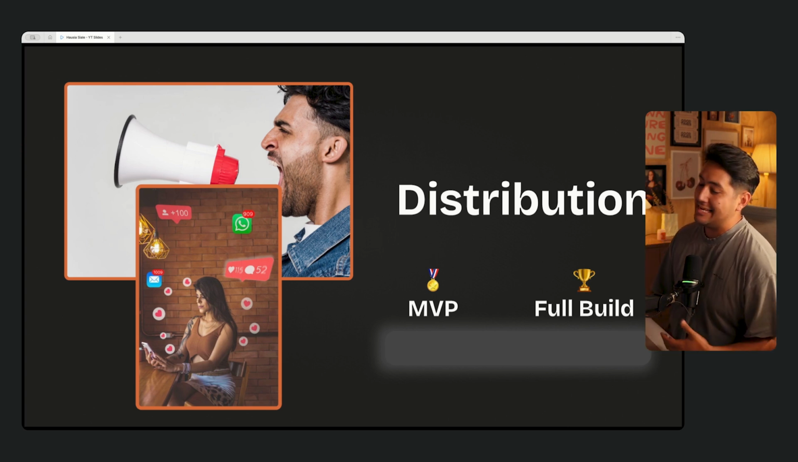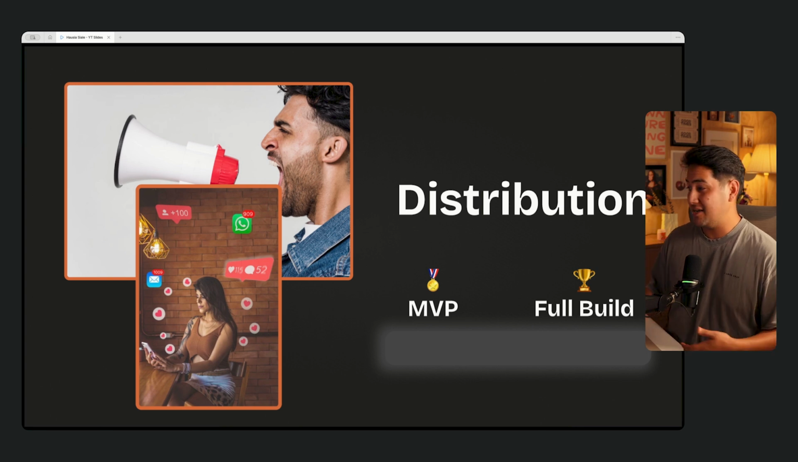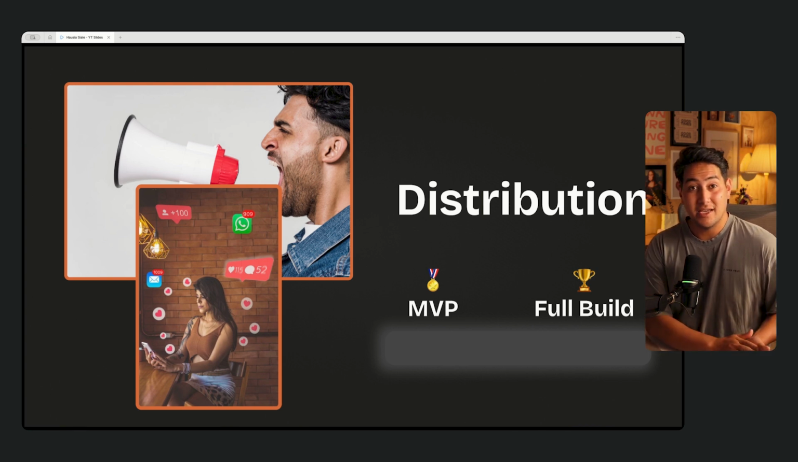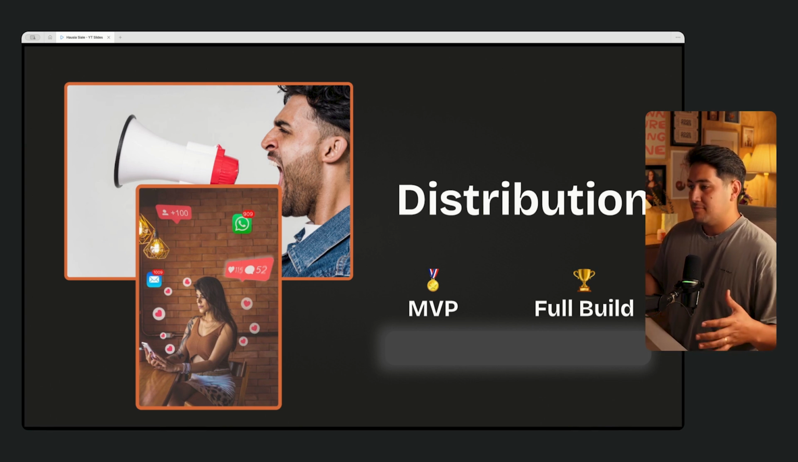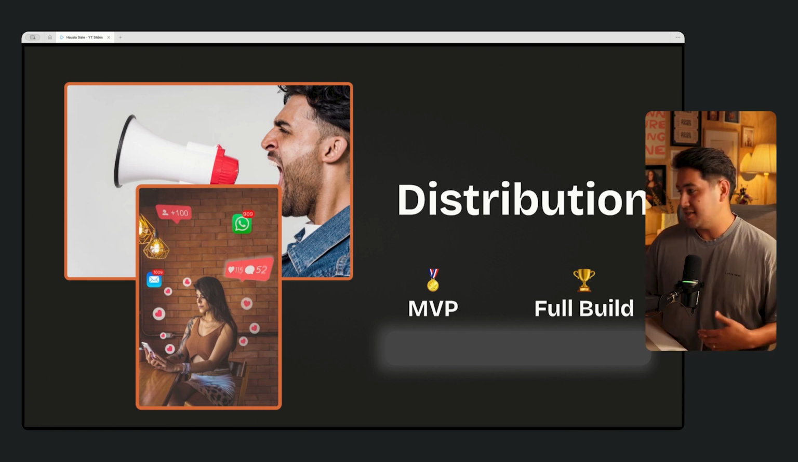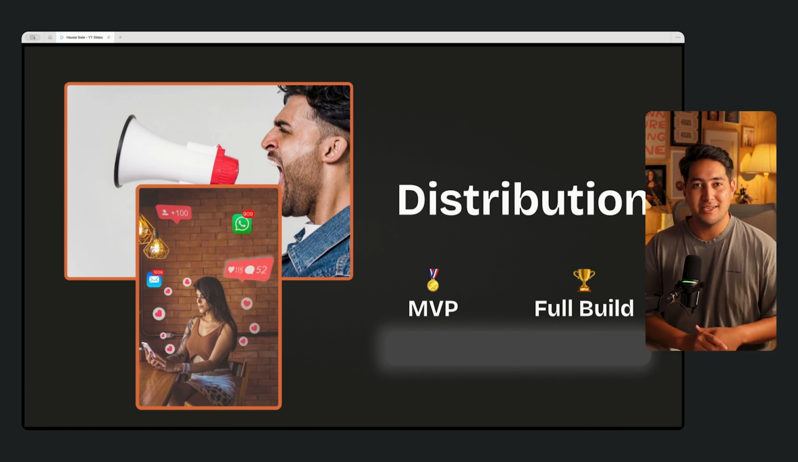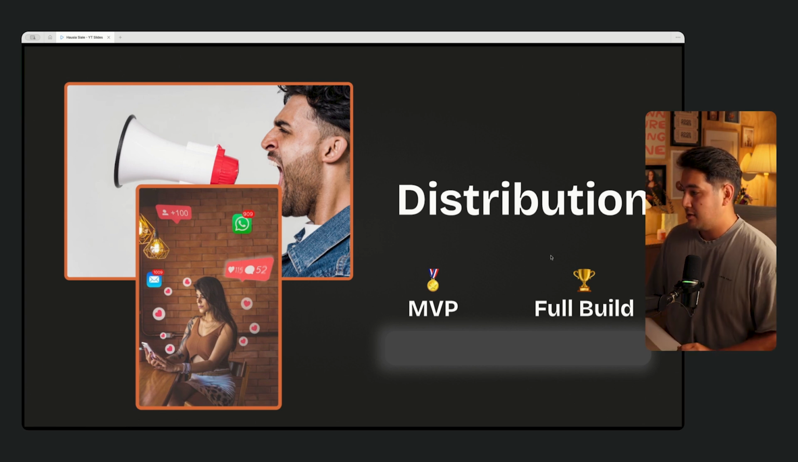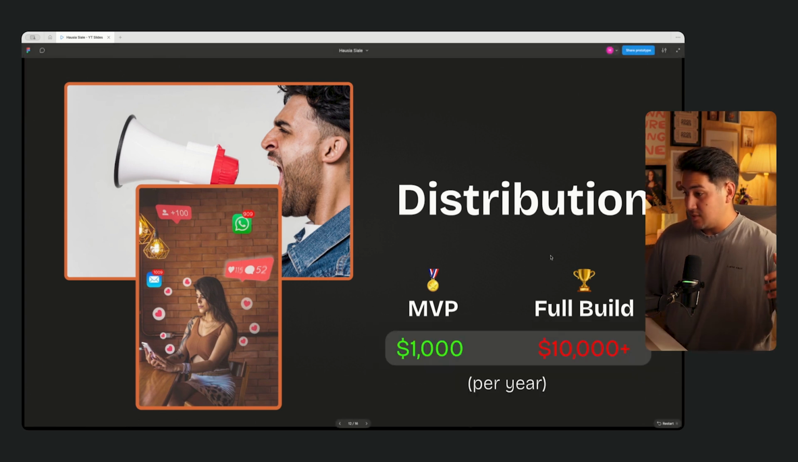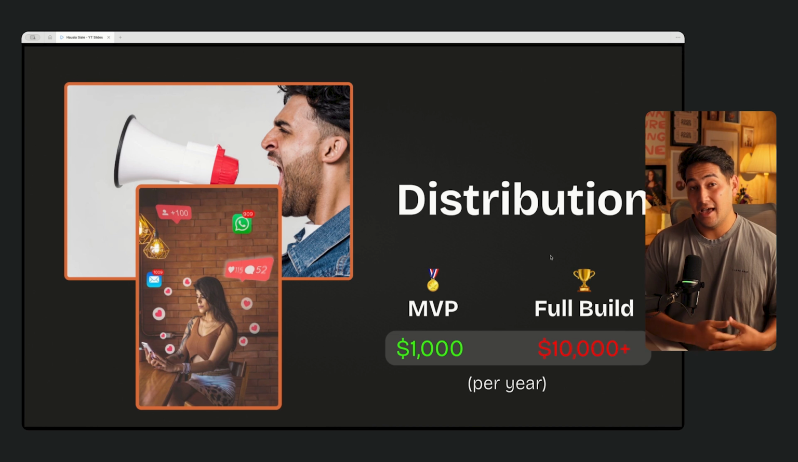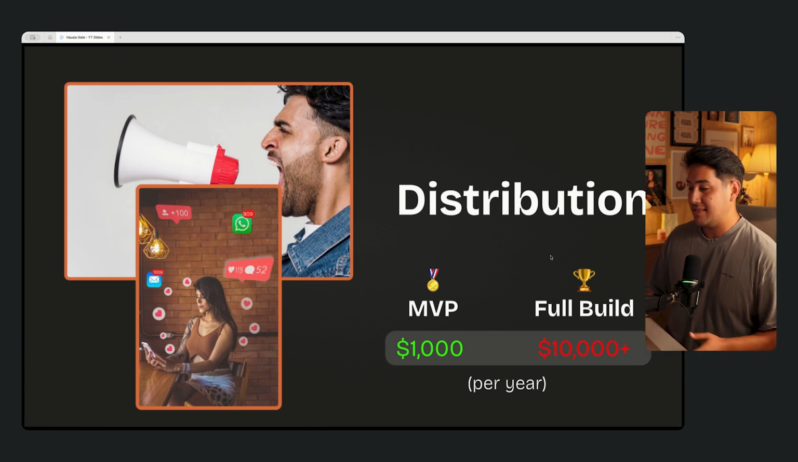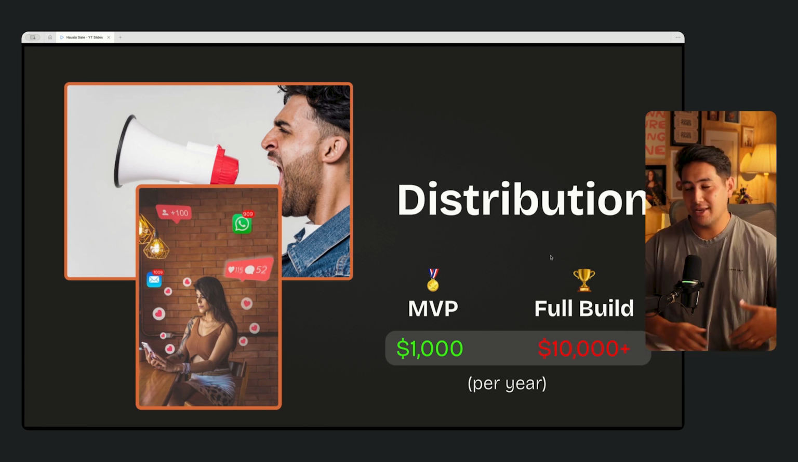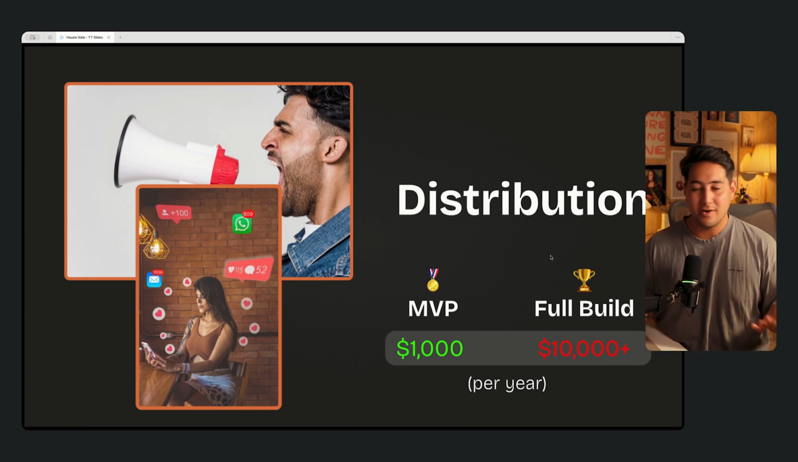Now, this could be things like building a landing page, paying an influencer, building a wait list. You could do social media content, ads, SEO. There's thousands of different ways to actually get your app out in the world. But for costs, we're looking at $1,000 per year for an MVP, up to $10,000 plus for a full build. And if you have a giant marketing budget with a giant startup, you're obviously going to be spending a lot